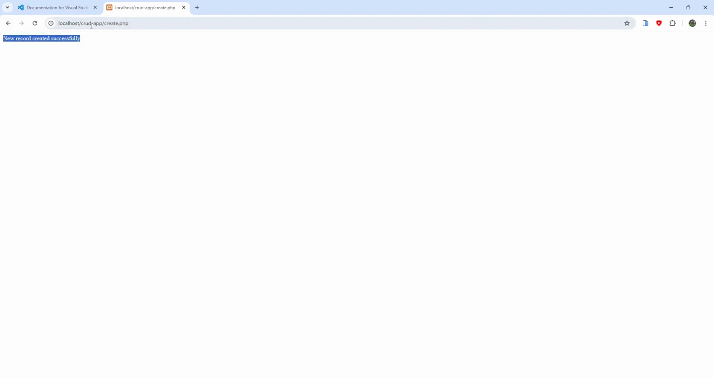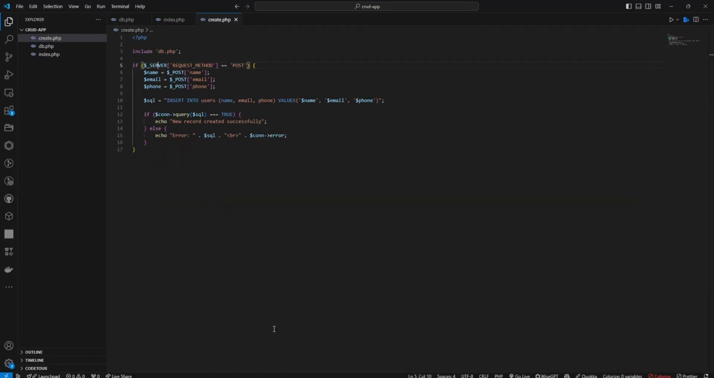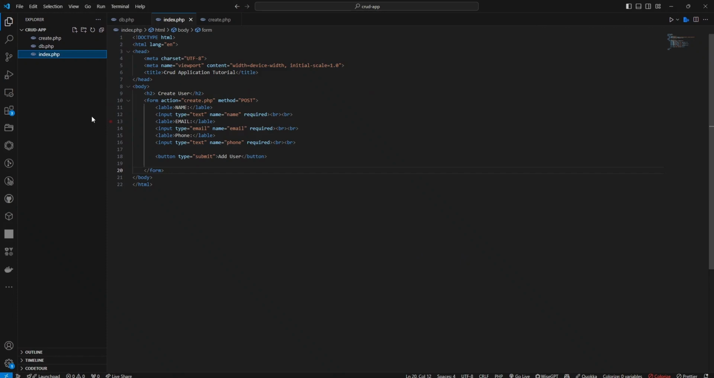So now we can just refresh. It will want to insert, so let's click back, then refresh from here. Now we want to see exactly where that data was inserted. So what we need to do, let's go back to our index file. On our index file, let's create